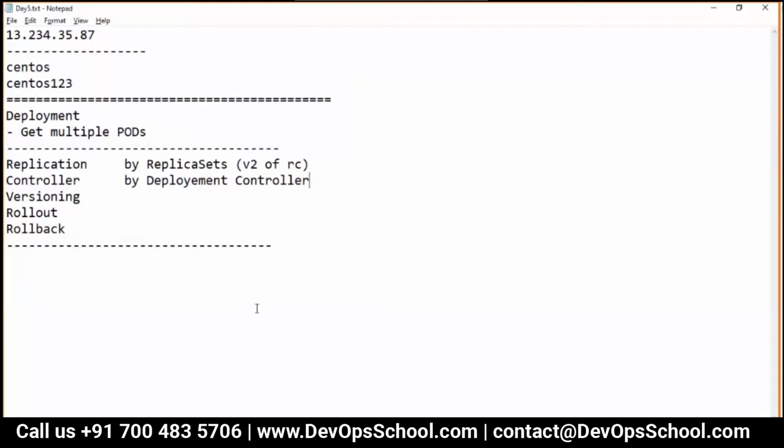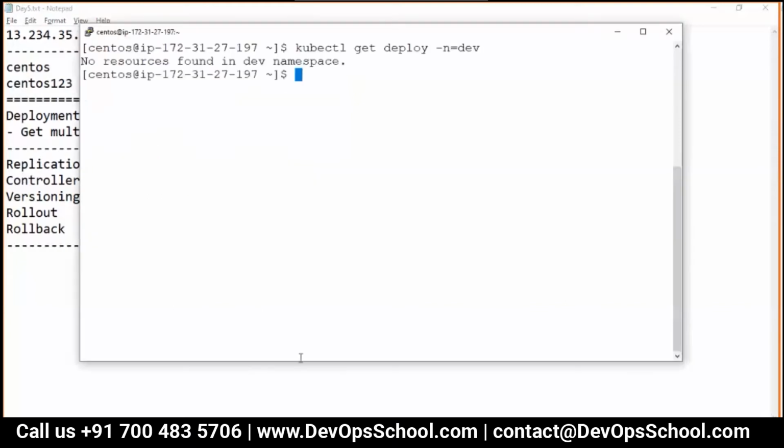I did create a pod using YAML. I created a replication controller using YAML. But this time, you know what I'm doing? This time I'll create a deployment using the command line. So how can we do that? So here, kubectl create